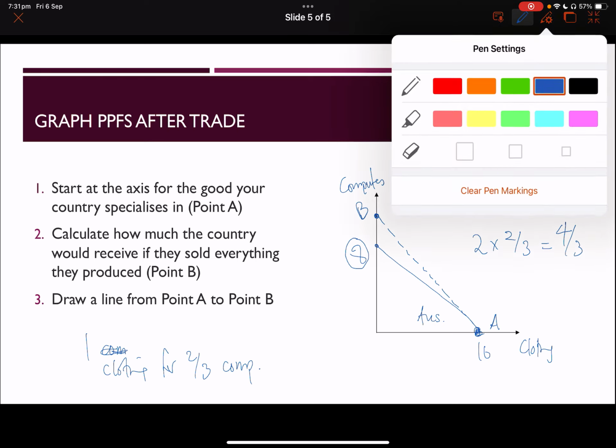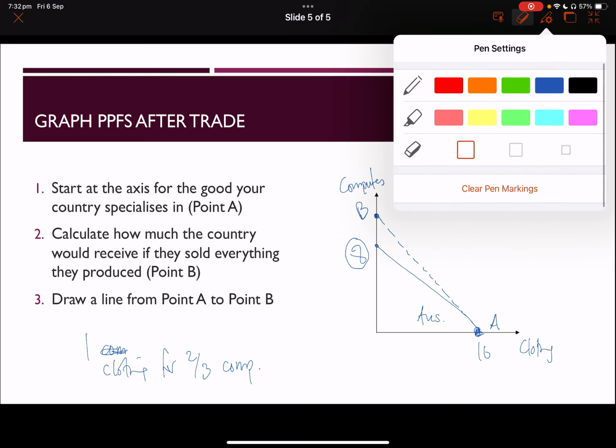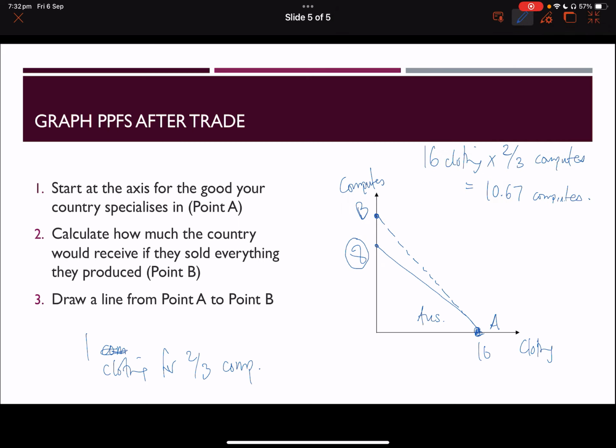So actually what I'll do is I'll make the number easier to work with. I'll make it a whole number. So let's say instead of selling 2 units of clothing, Australia sells 3. So 3 units of clothing times the terms of trade. That means in return we receive 2